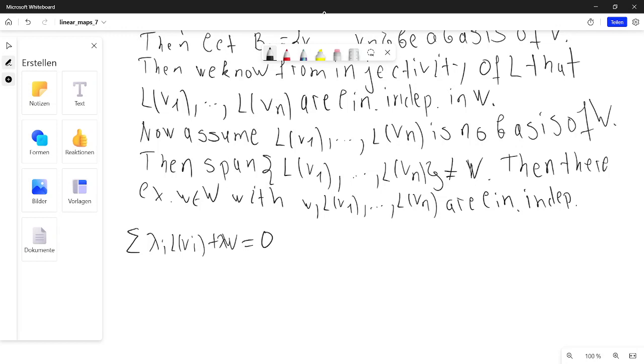If the vectors are not linearly independent, and we show that the vector is in the span, and that means if the vector is not in the span, then the vectors are linearly independent, right? So that is linearly dependent, right? So the sum of those scalars, lambda 1 until lambda n, is now not equal to 0, right? Then